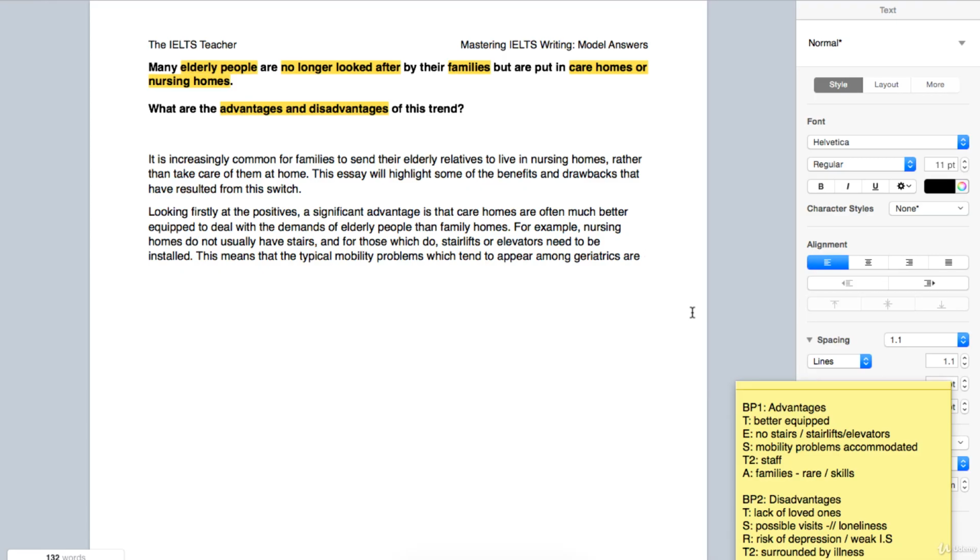the best expression. Maybe we could look at what is not happening to these mobility problems. They're not being made worse because there are no stairs. There are stair lifts to help them. So not made worse. That doesn't sound so good to my ear, but a really nice verb that we could use to paraphrase that is this one. Exacerbated. Exacerbated is to make a bad situation even worse.